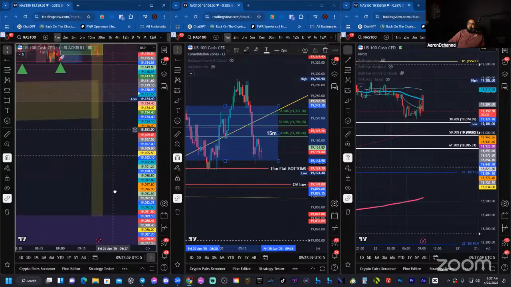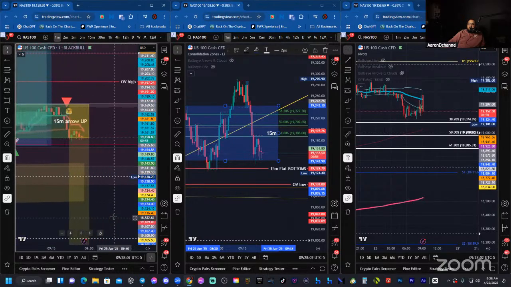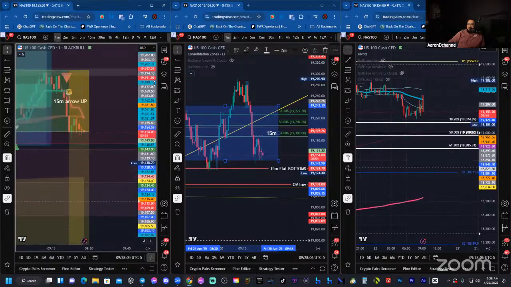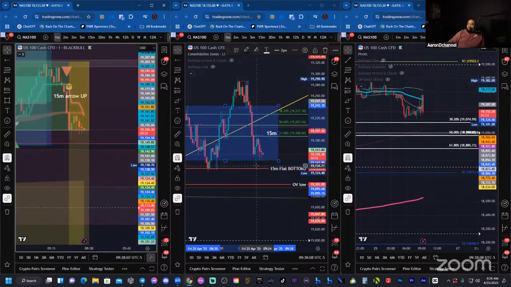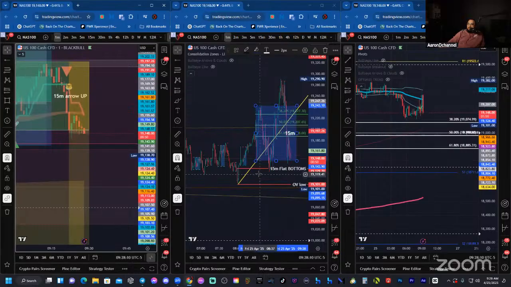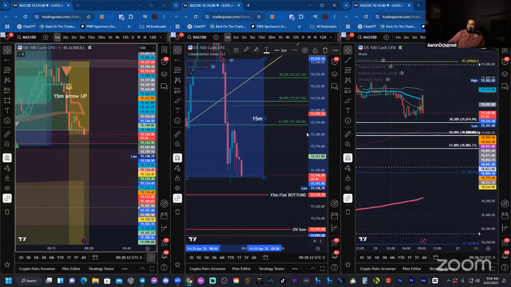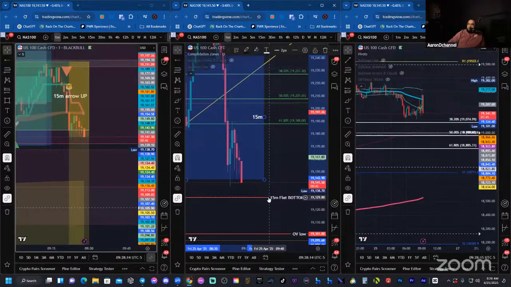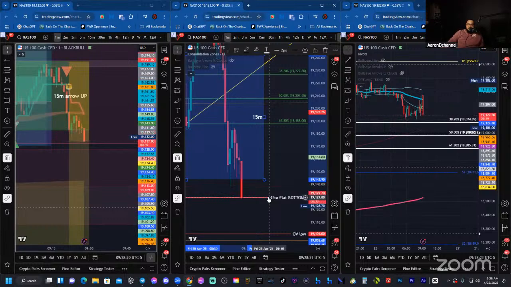When do you protect this trade? When do you protect this pancake? Overnight low. Potentially the 15-minute flat bottoms again to protect this trade. I mean, you never know if it's going to just bounce right up. Or is this the sell-off? This is the part. If you don't know, don't care. Don't worry. Just relax.